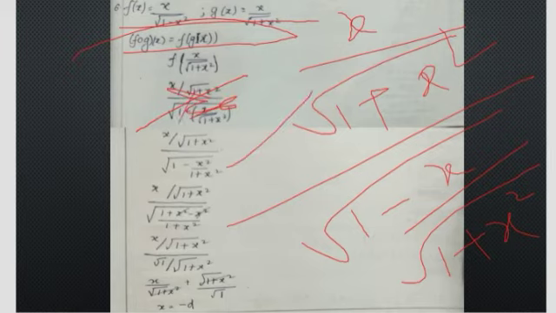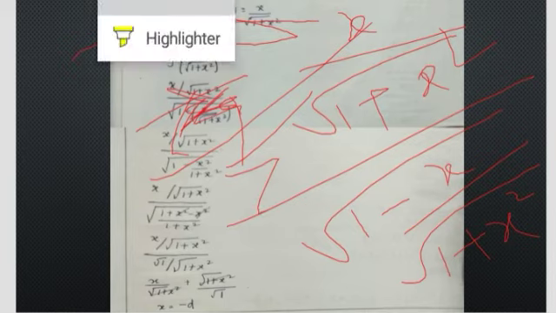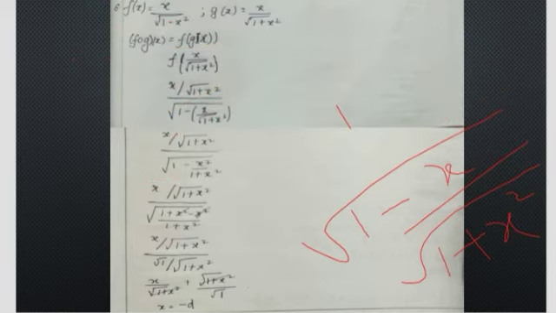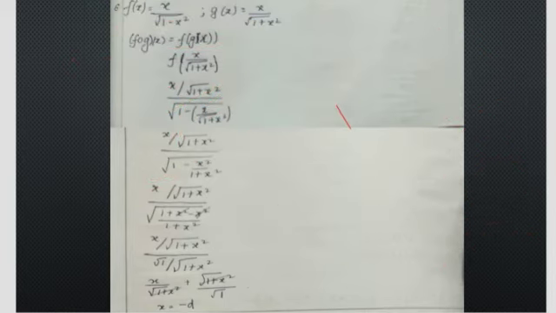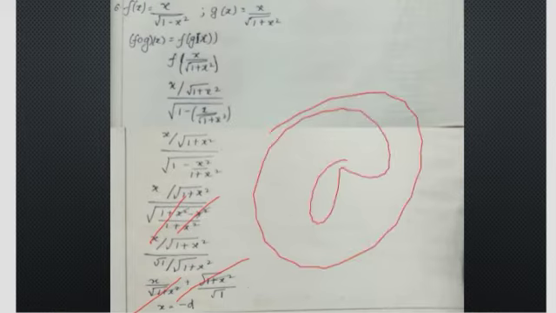So here we removed the brackets, and here we kept the brackets. I think you can see now clearly. Then after that, x by 1 plus x square, so here x plus x minus x got cancelled. After that it will become minus here, so the answer will be option A.